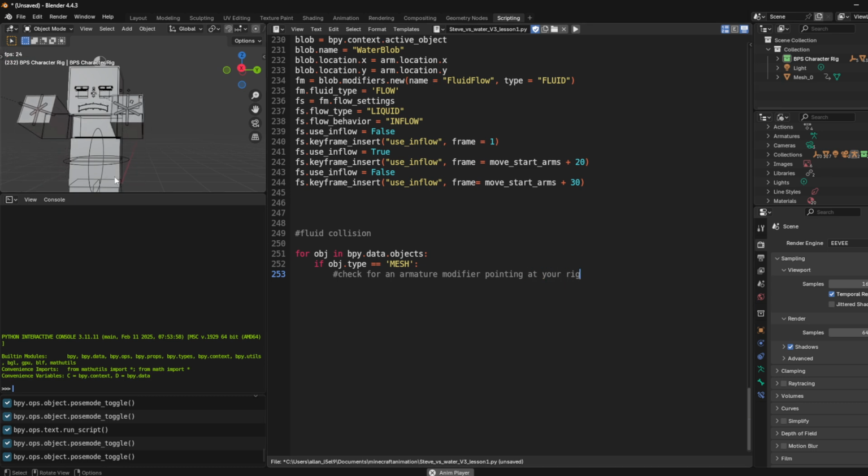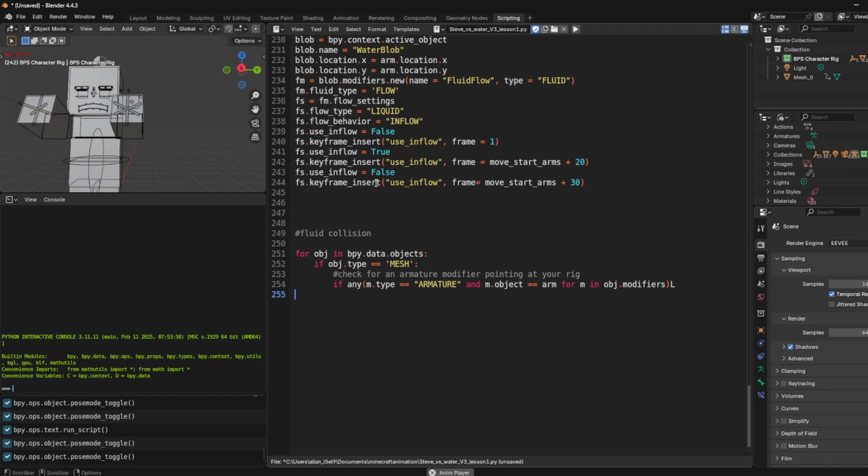So this is my rig, and we need an armature. If you remember, armature is a collection of bones. So if any modifier's type equals armature and its object equals the rig in obj.modifiers,